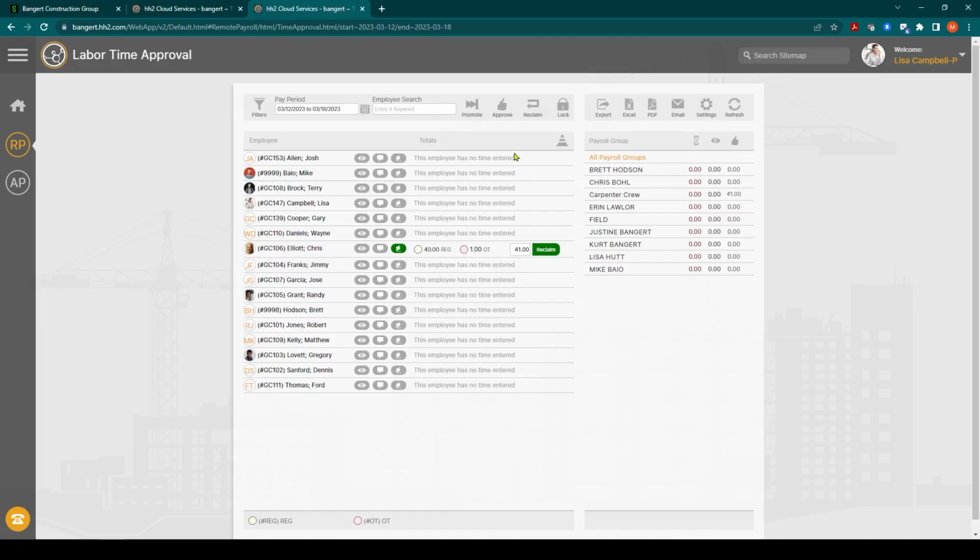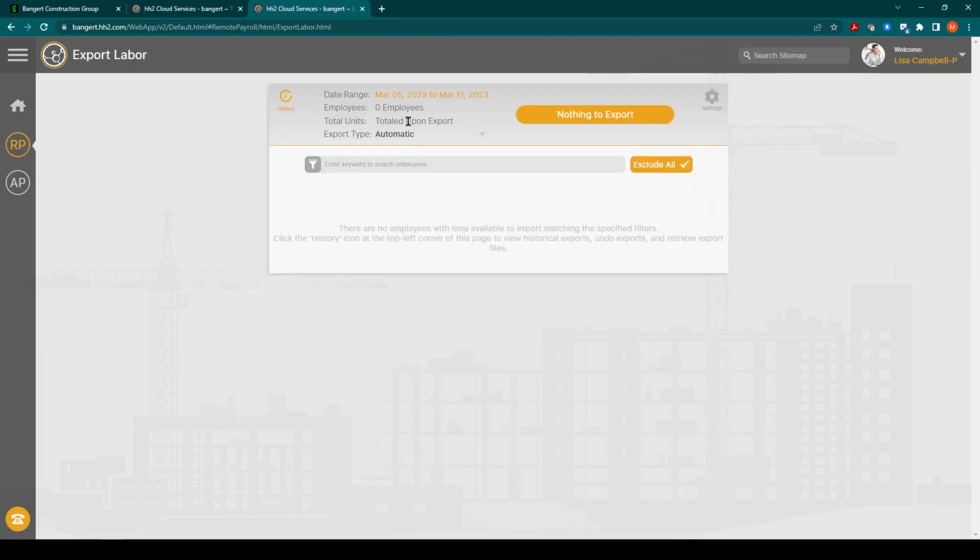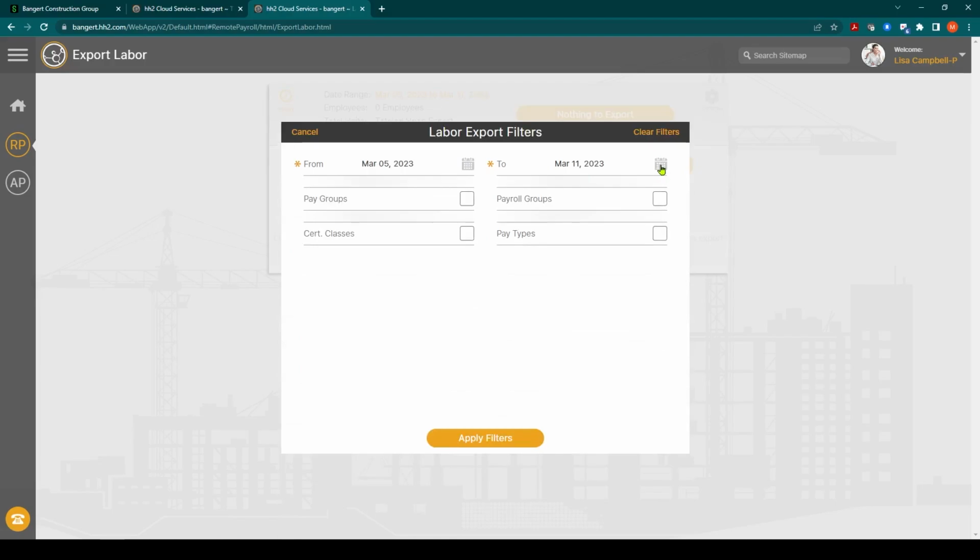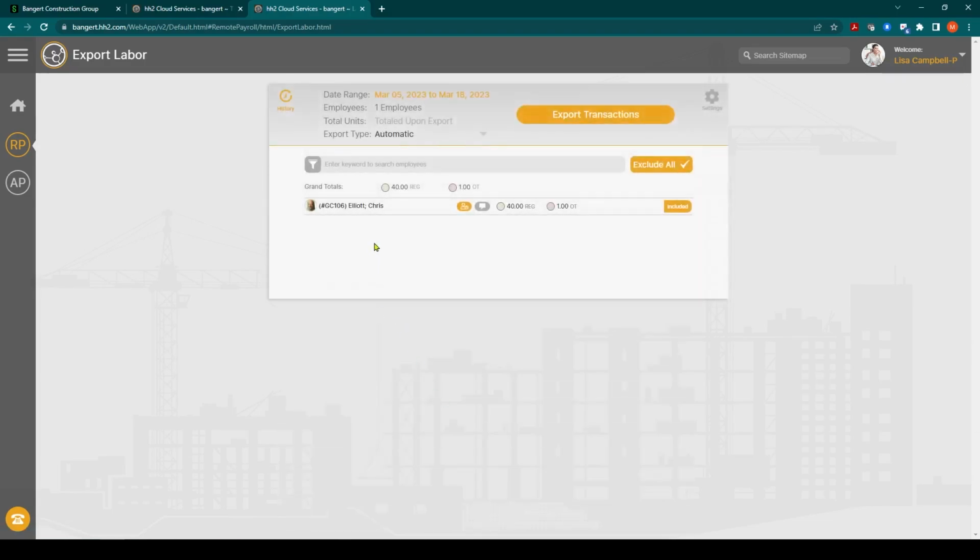So at that point, when all the time is available, the payroll admin would come over to here and click this export time button. And there's other reports that can be run as well, but we're going to click export time. And it's going to bring her into a wizard. And the reason it's showing nothing again is because it's always pre-filling to the current week. I'm in 3.9, so it's pre-filling to that. But for today, we're going to assume we're in March 18th, so we're going to filter ourselves to March 18th here. So we'll apply the filter, and now you'll see all of the employees that are ready to export for the week, and you can do this all at once. In this case, we'll just click Export Transactions,